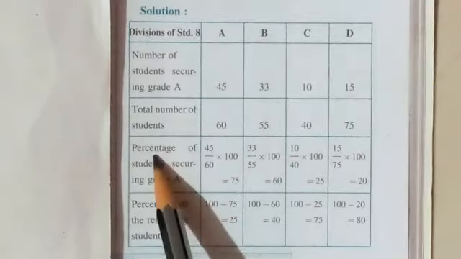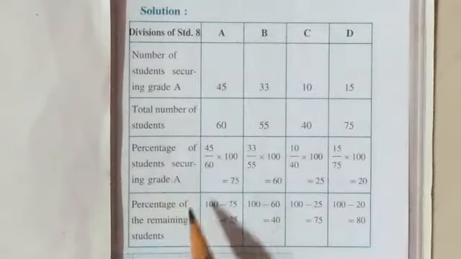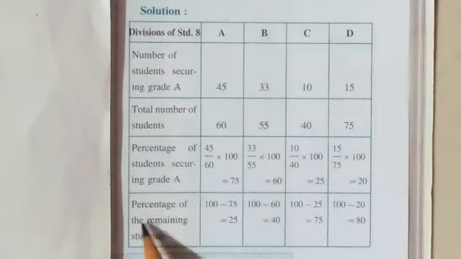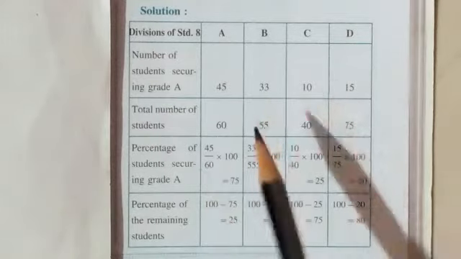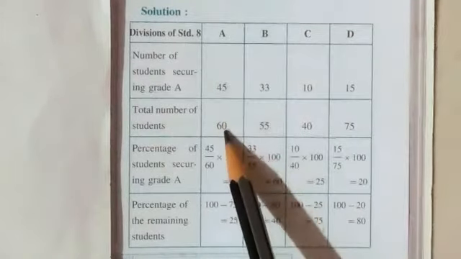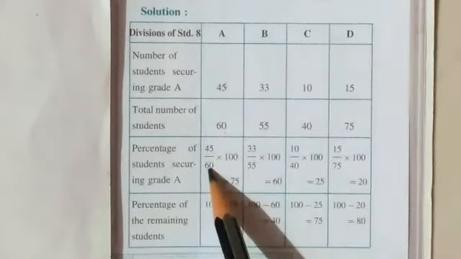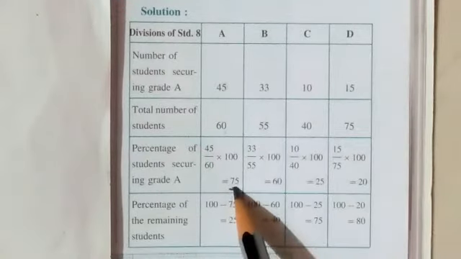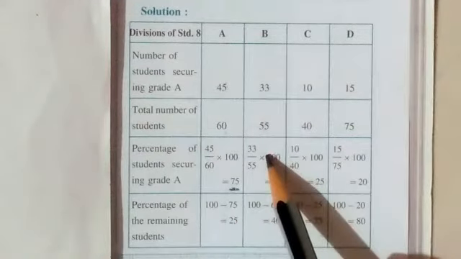First row is for the percentage of students securing A grade, and the last row is the percentage of the remaining students who are not securing A grade. So let's count it. 45 among 60, it means 45 upon 60 multiplied by 100, the answer will be 75%. Then from division B,